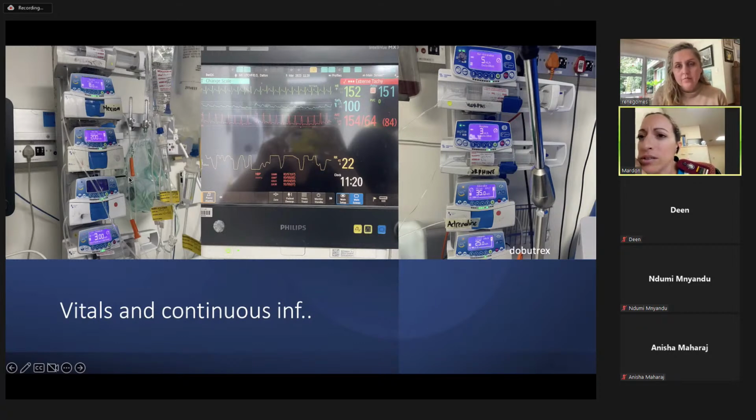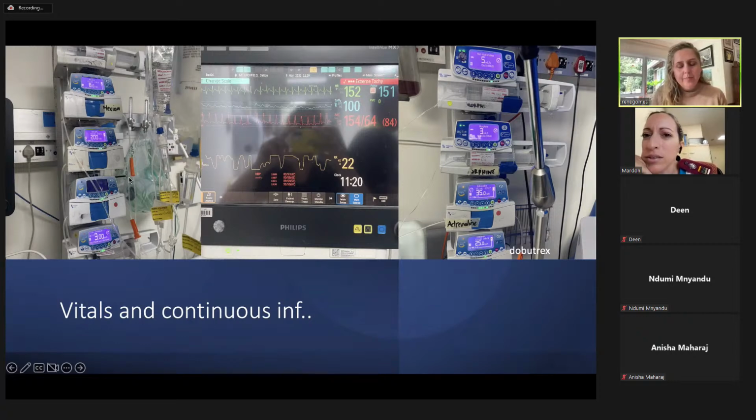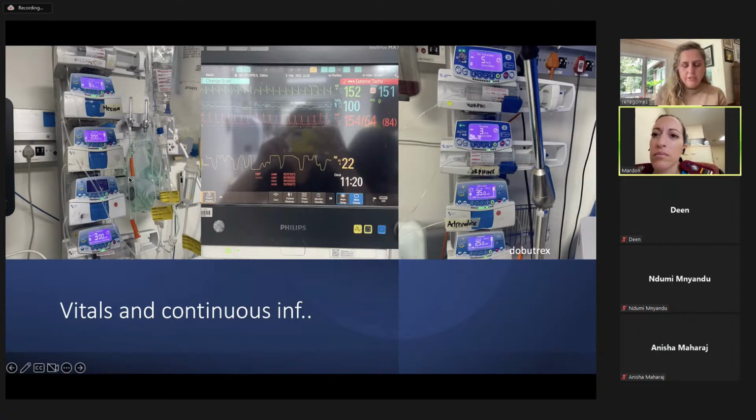Those doses of adrenaline and Dobutrex are massive. They are massive, very high. But I must say, without the proper programming of the pumps, it's very hard to tell exactly what the dose is. We know these are high volumes, but we're not sure exactly what the dosages are. And it's very frustrating when you're trying to make clinical decisions because all the algorithms and indications for everything are